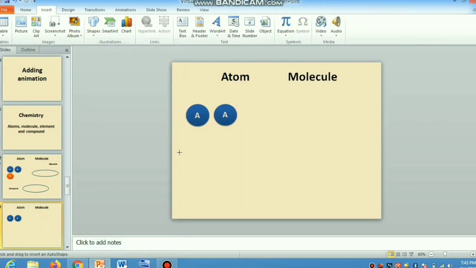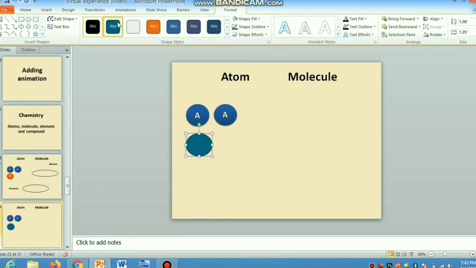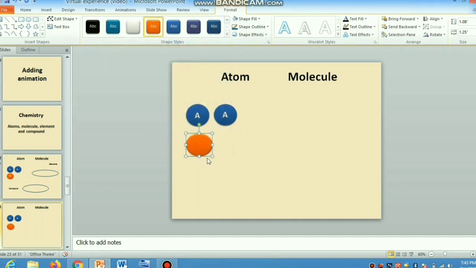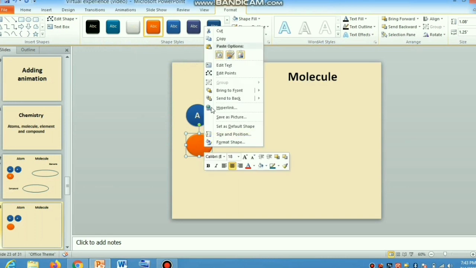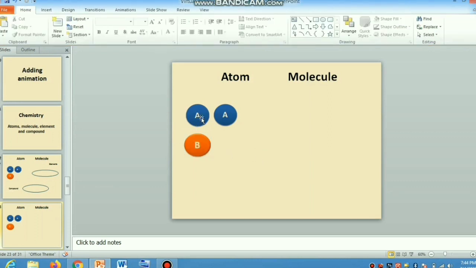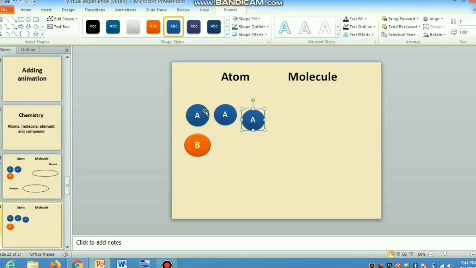To move anything on the slide, you first need to bring the basic structure on the slides. Here I want to move atoms. That's why I'm inserting the circular shape and changing its color to denote different atoms. If you want to move any shape or any image, you need to first insert or copy paste the image on the slide. Here I have already inserted more than one circles overlapping each other so that I can move the circle keeping the same circle in place.